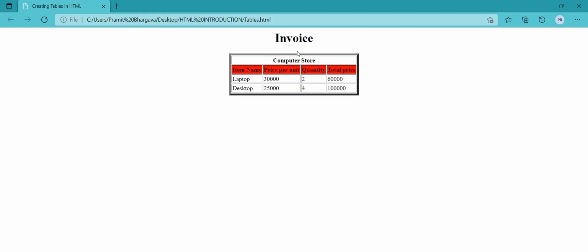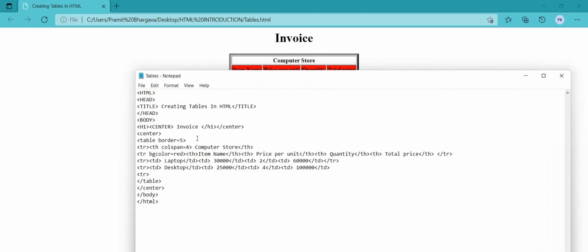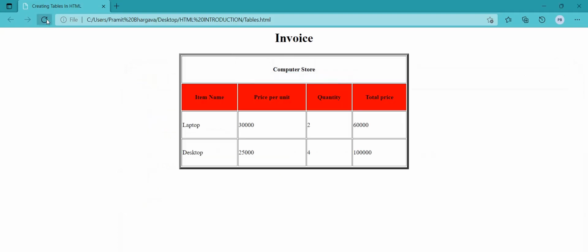Otherwise, if you do 800 pixels, it will not fit on your screen. Now I'll write table border 5. Here I'll write width equal to maybe 600 and height equal to 300. See, the table has increased its size.